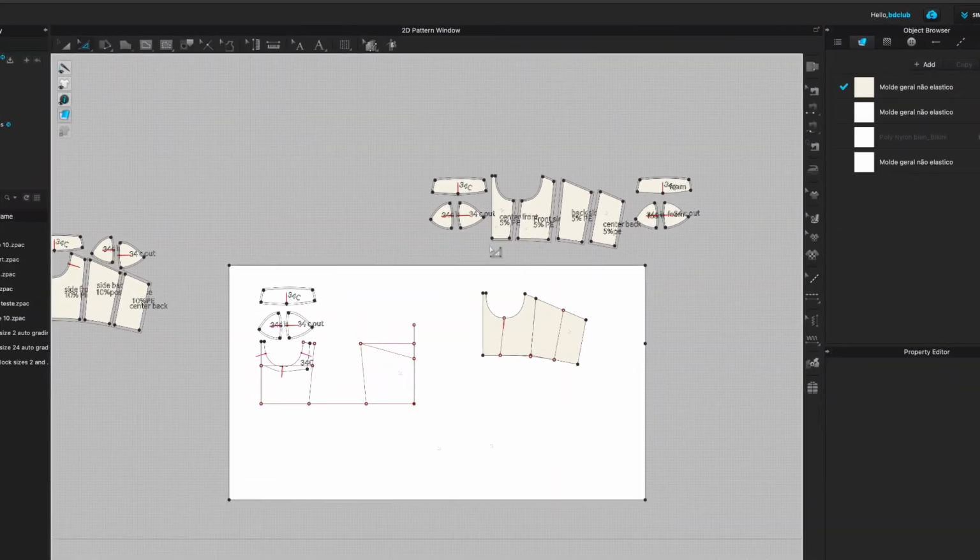I just drafted my pattern with 5% positive ease, but imagine instead of 5 on the waistline, I wanted 8. So my waist girth is 68 divided by 4, it's 17. And if I multiply it by 8%, it will give you exactly the 8% positive ease for the waistline, which would be 17,